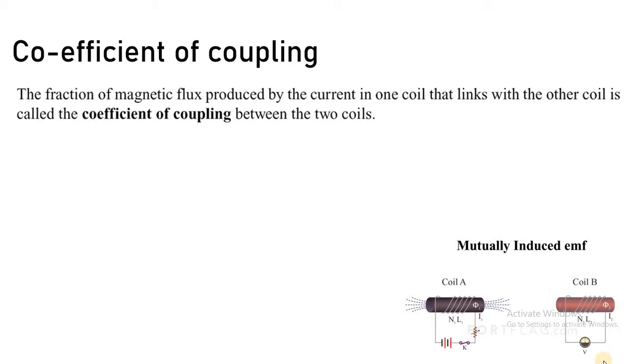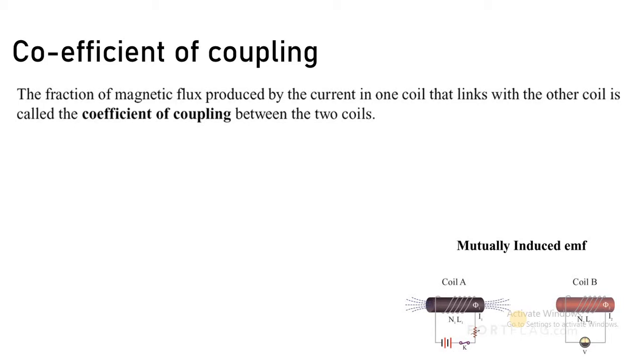So the image at the bottom, which we have seen in the previous topic called mutual induced EMF, is giving you the idea that coil A is taking the current I1, which is supplied by the battery connected to coil A. So the current I1 has provided the flux Phi1 in coil A. Assume that the current I1 is 1 ampere and this 1 ampere current provides 50 flux lines in coil A.